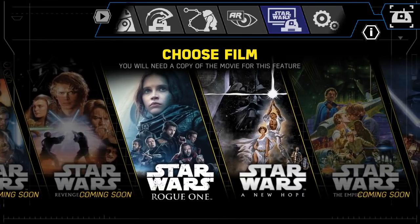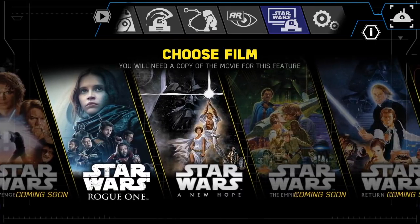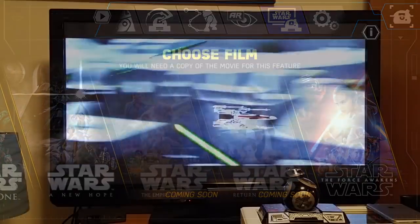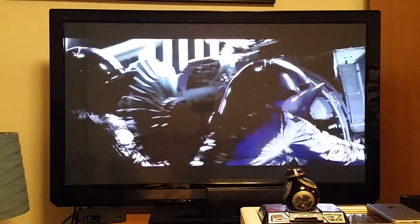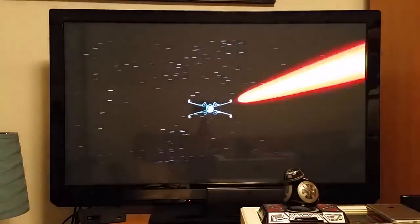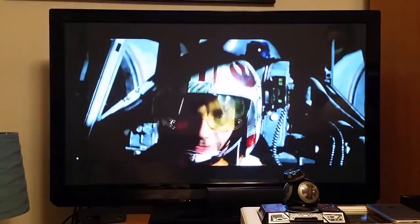But anyway, speaking of the Watch With Me feature, we'll actually take a look at that right now, as it is one of my favorites, because all you have to do is sit back and watch one of the Star Wars saga films with your BB-9E and see how he reacts to what's happening on the screen. And the reactions aren't necessarily super active or over the top, it's mostly just typical droid chitter chatter and wriggling